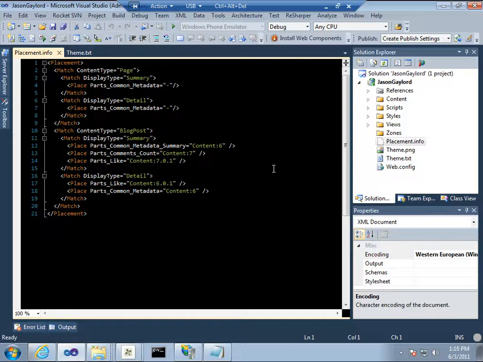I've actually spent a few hours one day recompiling. I would create a brand new project, dump all my files in, recompile. I'm like, why isn't it working? And then finally realized that it was because of the placement.info file. There's a whole tutorial out on the Orchard website that talks about the different parts of this placement.info XML file. But you could see here